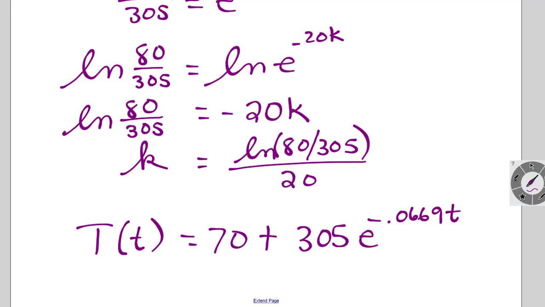We don't have to write out all the decimal places because we stored them in our calculator, so we can round when we're writing it out. All right, so now that I have this model,